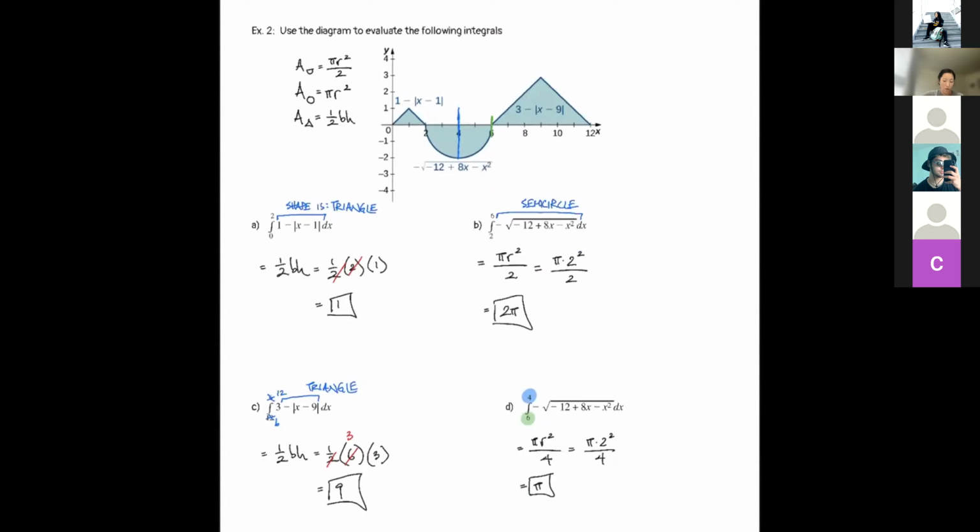Does anyone have any questions before we move on? Okay, so I see one question, which is, shouldn't the 4 be on the bottom of the integral? Actually, in this case, it is intentionally not 4 on the bottom. Okay, so sometimes, most of the time, we have the smaller number on the bottom, but sometimes we have the bigger number on the bottom. Okay,